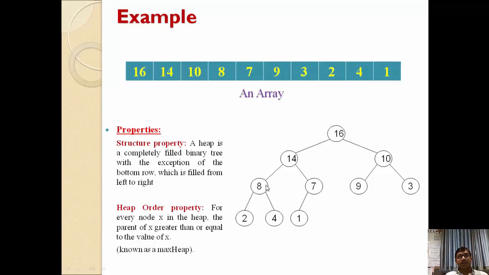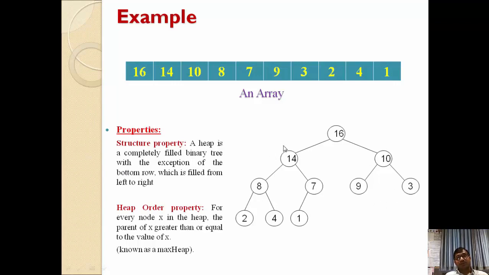Now we need to check the previous node. That was our 5th node, and this is our 4th node. So we check that the 4th node has a value 8, and the left child has a value 2 and the right child has a value 4. It means that it satisfies the max heap property because the parent has a value 8 which is larger than the left child as well as the right child. Likewise we need to check our 3rd node, that is 10. The value of this parent node is 10, the left child has a 9 and the right child has a 3. It means that the parent node has a larger value than the left as well as the right child. So it satisfies the heap property.